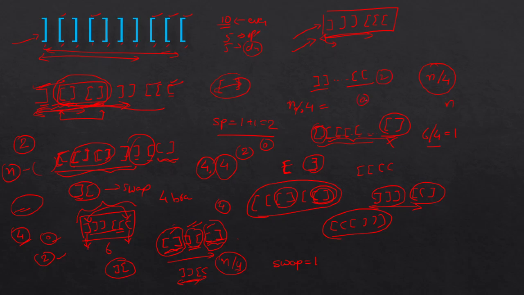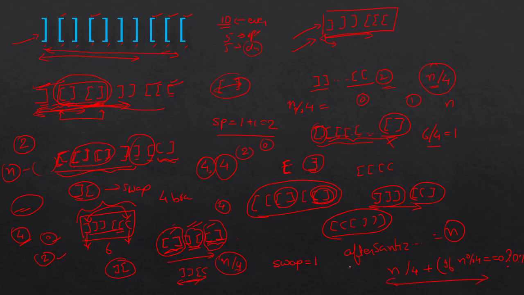So if it is 0, we don't have to do anything, because that is already taken care of by this n divided by 4. If it is 2, then we will have to add plus 1 there. So what is our final formula is, suppose after sanitization, we have n is the length of the string. So we will do n divided by 4 plus, and here if n modulo 4 is equal to 0, then we have to add 0. Else we have to add 1. So that is what our final formula is.